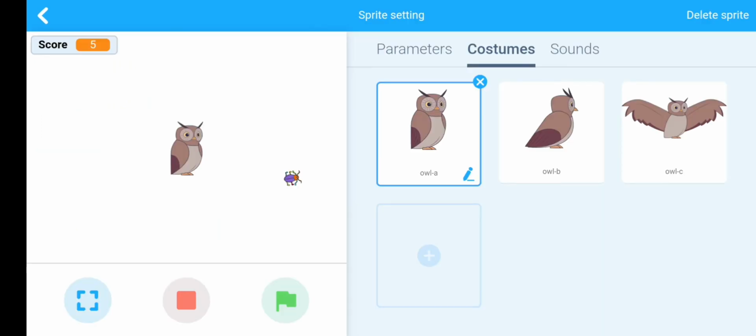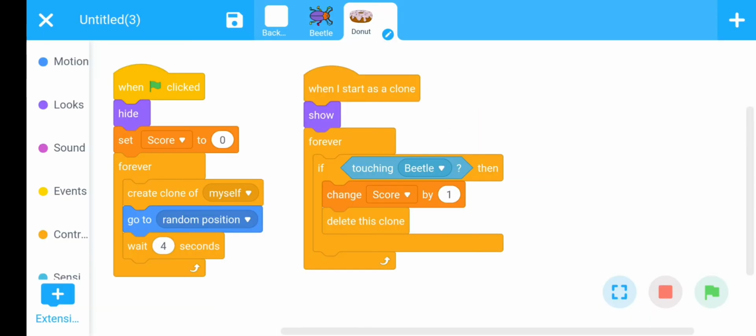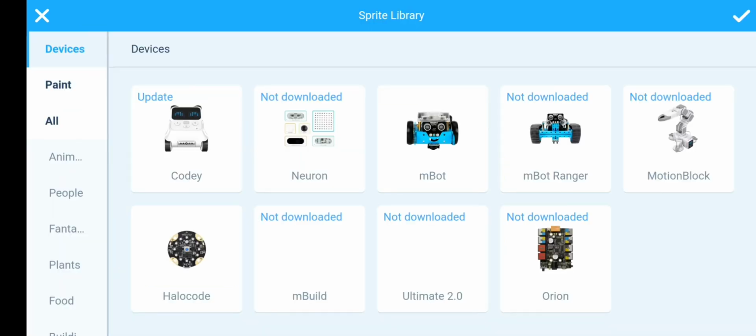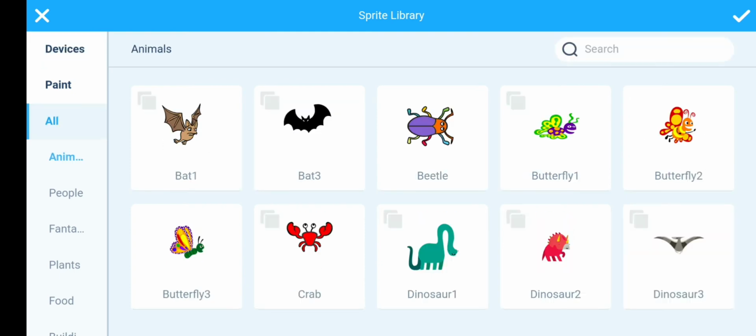Now we want to add a condition. We will decide the ending condition of the game. To decide the ending condition of the game, let's add another sprite here, that is the owl sprite.